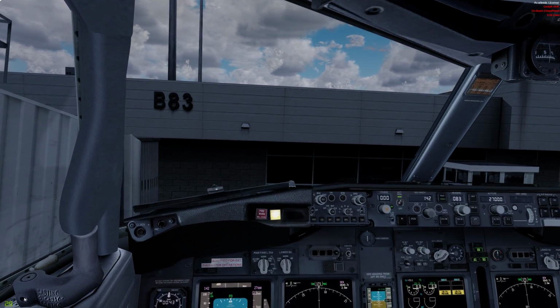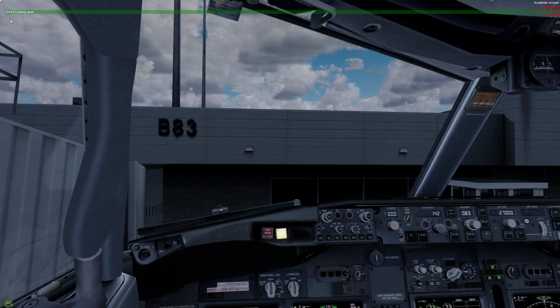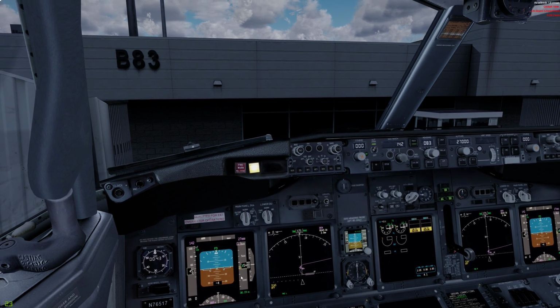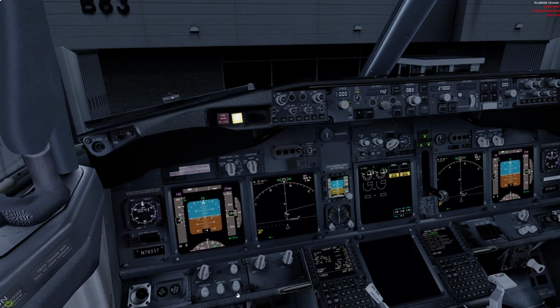Running the framerate counter in the bottom left corner now, because I find this less distracting than the one up here. It's so all over the place. This one seems way more on track to what I'm actually getting. It seems every now and then there's these weird spikes, but